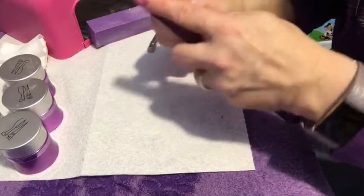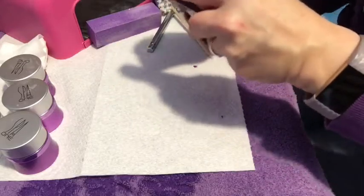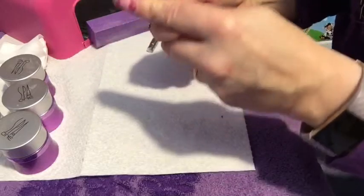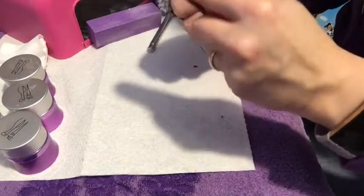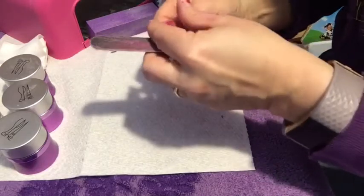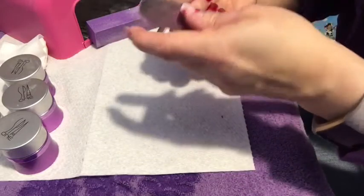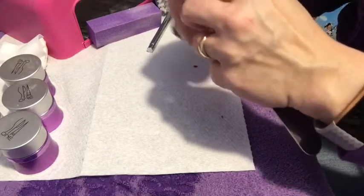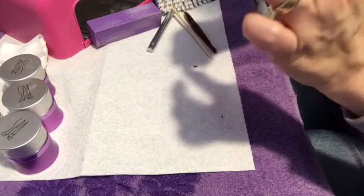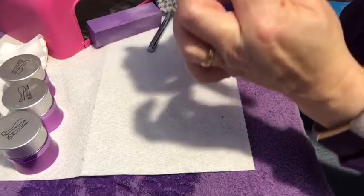And so that was where I had a bigger build of nails, because that's where I had the tip. So it's better to take off some of that gel so that you don't have a weird shape to your nails. You want these to look natural. I mean, I know everyone knows that they're not natural, but